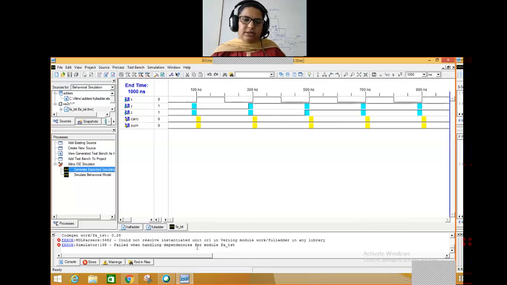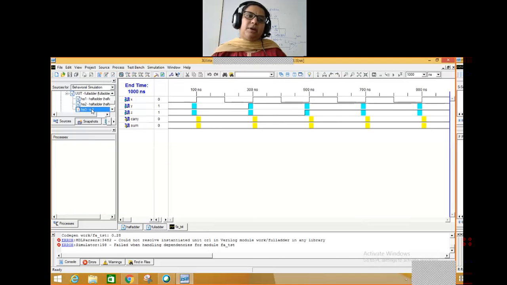Why it is showing the error is because it has not taken the OR gate inside the full adder. Even though we have created it, you can see here, this is still showing a question mark. I should have created my OR gate before I went for the full adder creation. That's why it has not been included in the library. So that's why it is showing an error here. Otherwise, it will work. Okay.